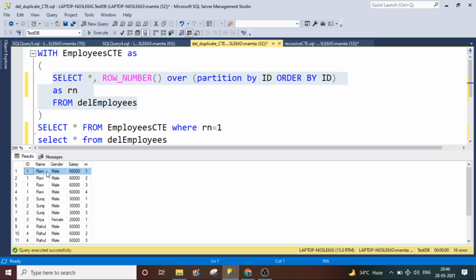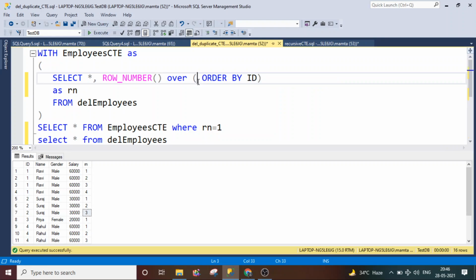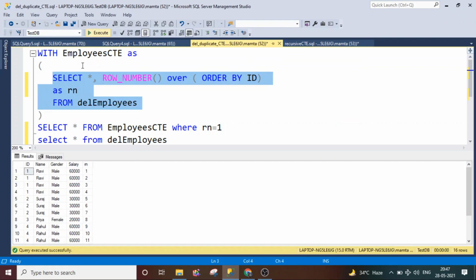Like this record 1, which repeated 4 times, I have provided the sequence 1 2 3 4. Then again, I have 3 records, so I have provided the sequence 1 2 3. This is what the partition by ID is doing. Let us suppose I delete it and execute it. Normally it will just give the sequence number to all the records based on the ID. It does not partition the data. Let me execute it and show you the difference.